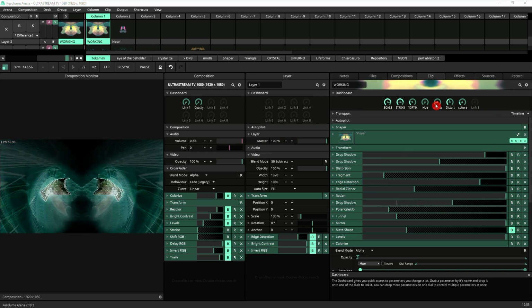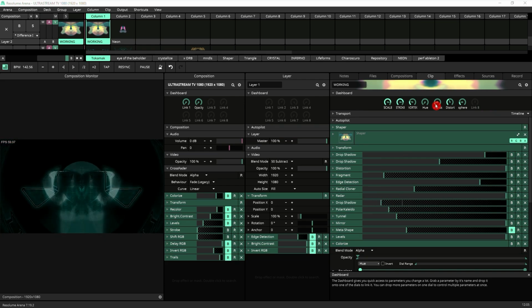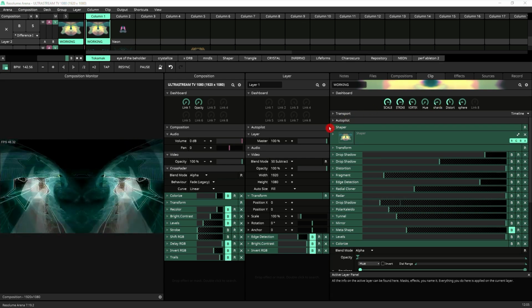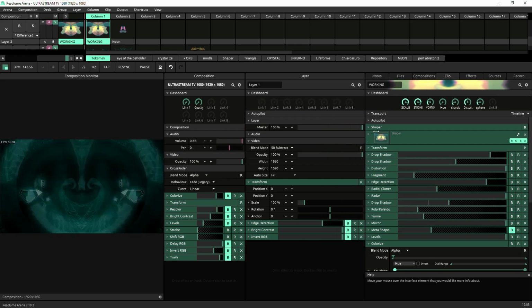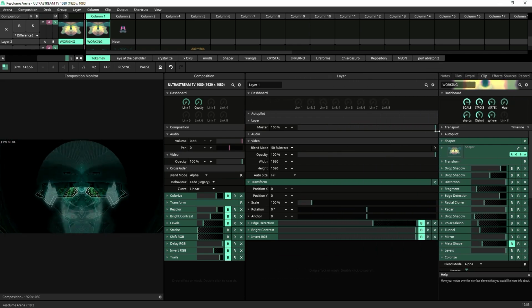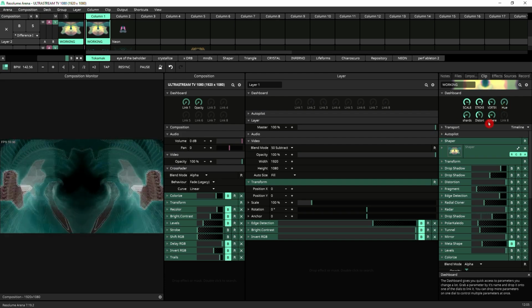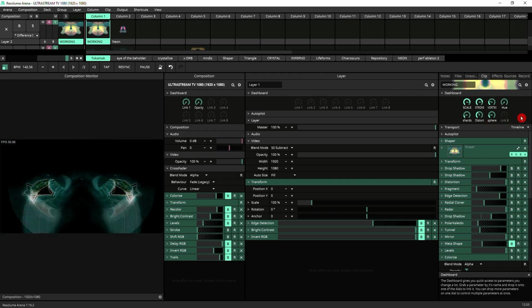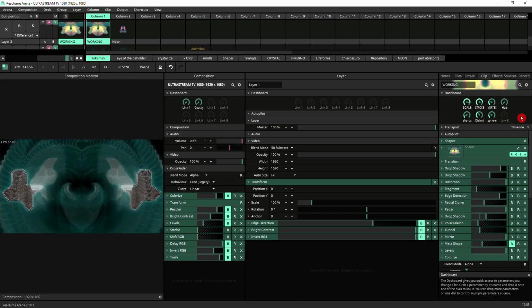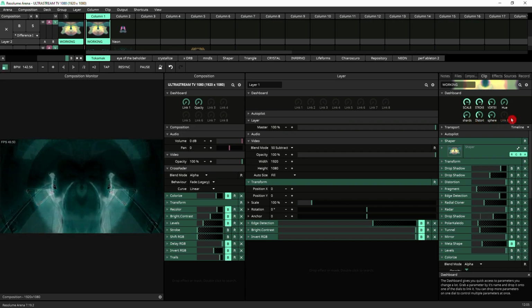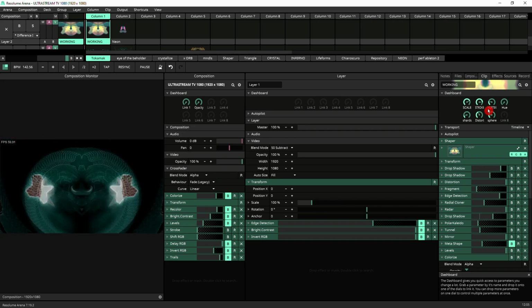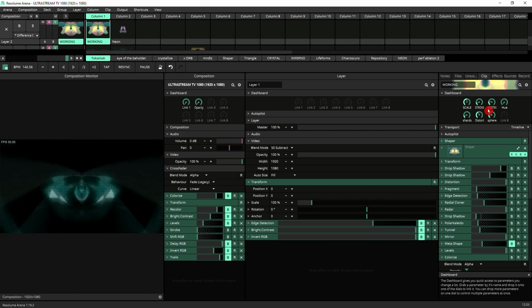But if, as I do, you've got something which has 2 rows of knobs like the MIDI Fighter Twister, if you make the panel a bit narrower, then the knobs stack, which makes it a lot easier to be accurate when you're picking what knob you're going to play with. So I've got my 8 knobs mapped to these 8 knobs of the dashboard over here. So now I can be extremely hands-on and manipulate my generative content as I like